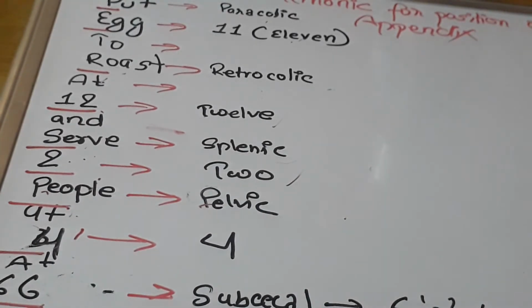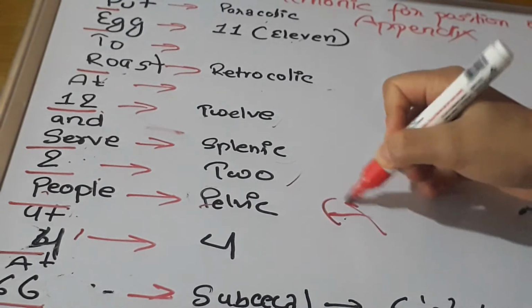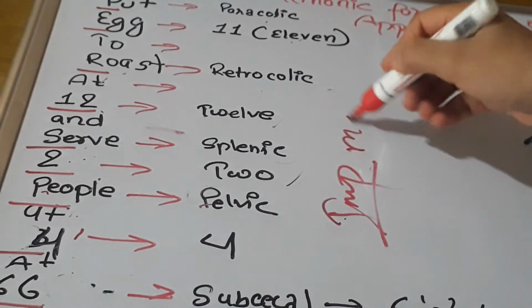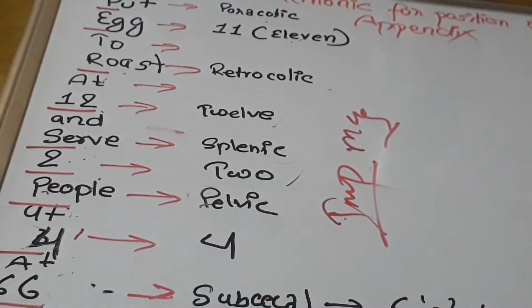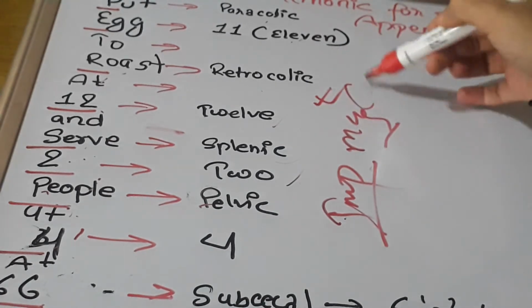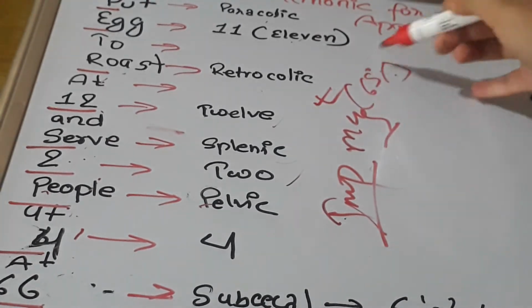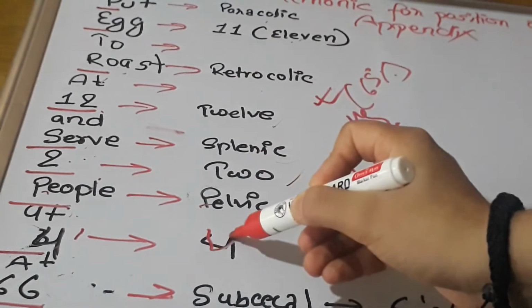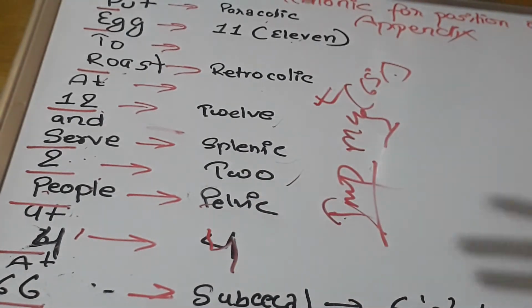This question is important not just for SAQ but also for MCQ. You might be asked what is the most common position, that is retrocolic, 65%. This kind of position we can get, so this is very important, and then other names can also be given. You might be asked about the 4 o'clock position, in which way, then it can be pelvic. When it is towards the pelvic, then it makes 4 o'clock position. So in this way you can remember it, and it will help you to remember it for a long time.